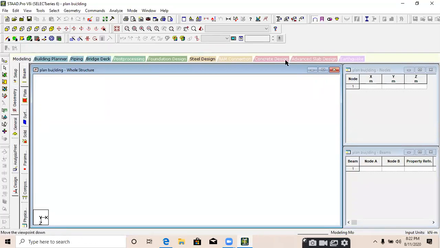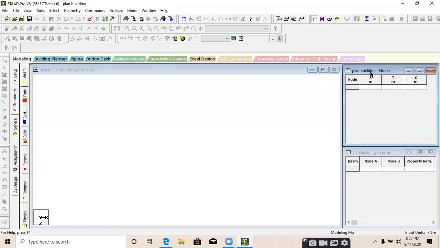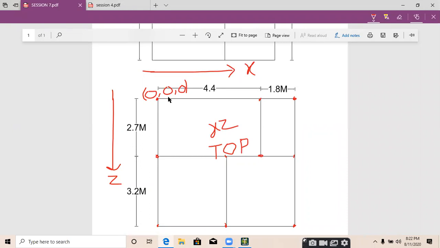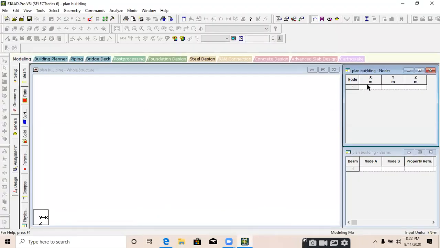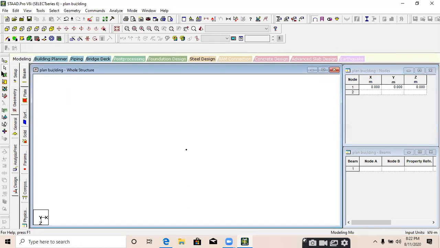Okay guys, then it's a coordinate table and we will create the first node at 0, 0, 0. So just provide x, y, and z as 0, 0, 0 here, 0 in x, 0 in y, and 0 in z. Look at this, the node is created on your screen and this node is at 0, 0, 0 coordinate. Now these are the cursors. First one is a node cursor, second one is a beam cursor, plate cursor, surface cursor, solid cursor, and geometry cursor.